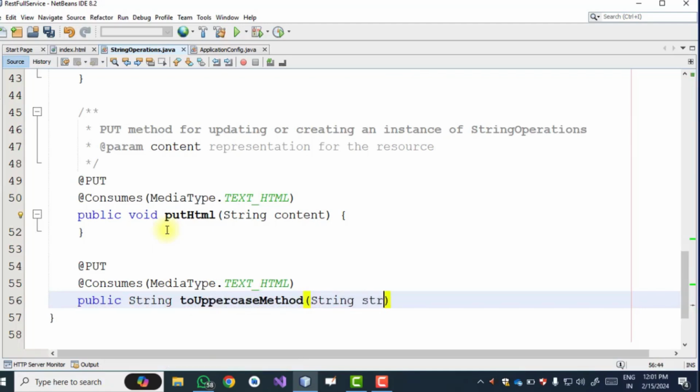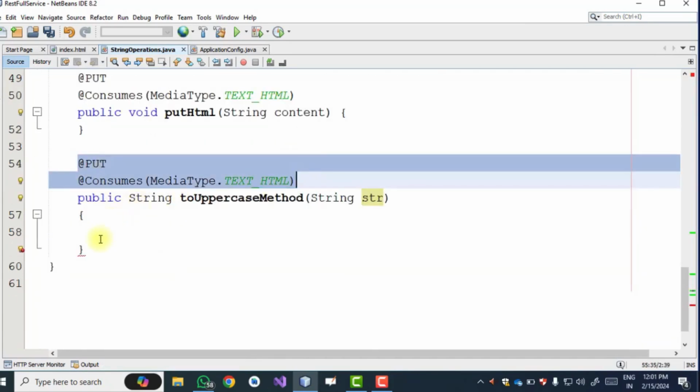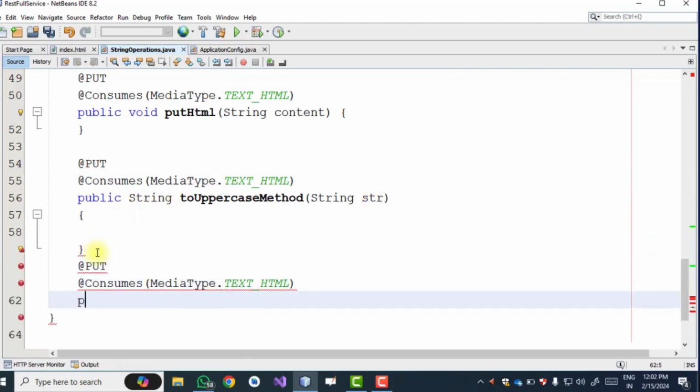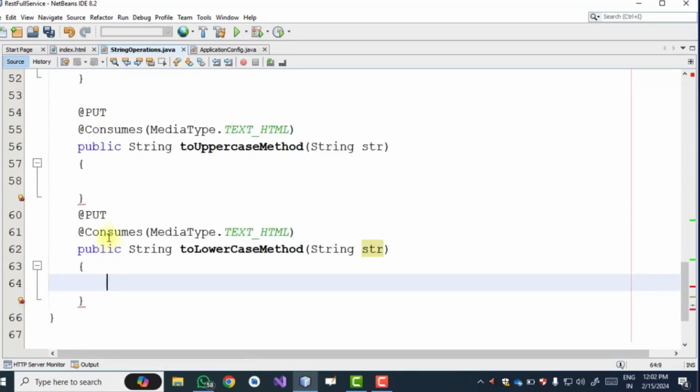So I will give the input as a string. So this is my first put method. Then again copy this and paste. Then I am defining a second method, which is public String toLowerCase method, and then again it will convert the string into lowercase, so we give the input as a string. So these are the two methods.